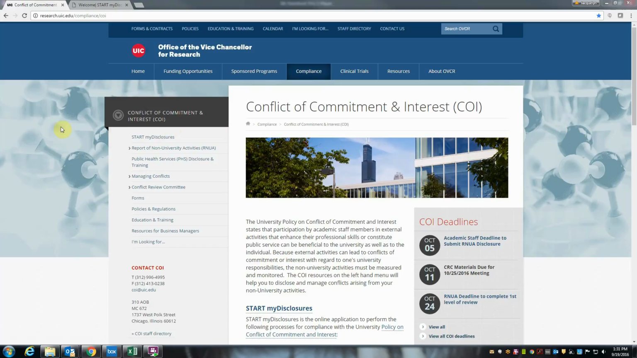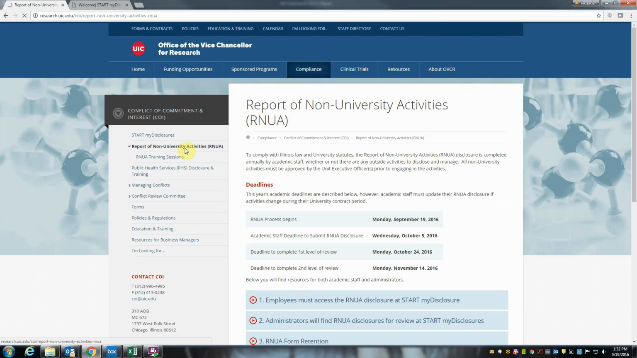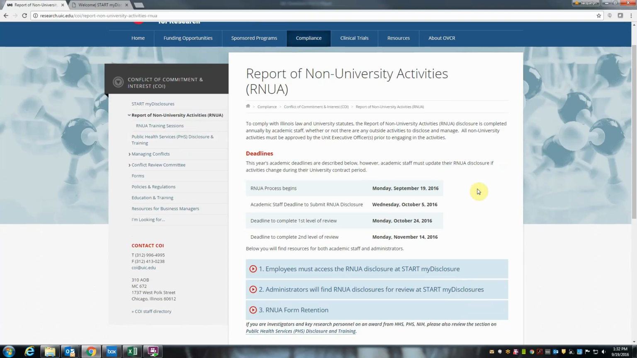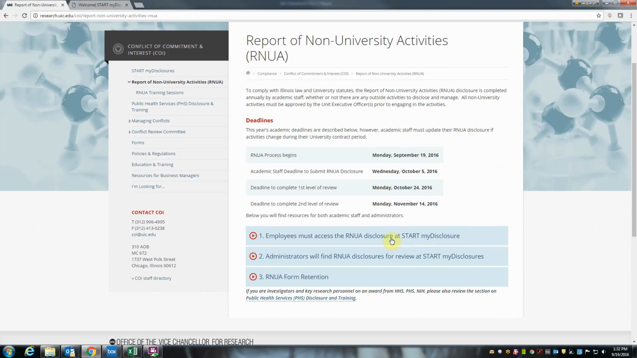I'll take you through a process step by step, but first I want to point you to some resources that are available on our website. So when you go to the Vice Chancellor for Research page, there's a section on conflict of commitment and interest, and under that page you will find the report of non-university activities. There's a section here that explains what the deadlines for the process are and the review process, and also we